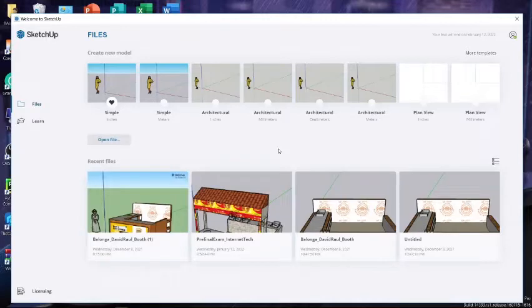In this video I'll be teaching you the basics of SketchUp. This video is for those who do not know a single thing about SketchUp and want to learn. I'll just be teaching you the basic tools and how to make 3D stuff in SketchUp. As you start any SketchUp project, this is what you get when you open the